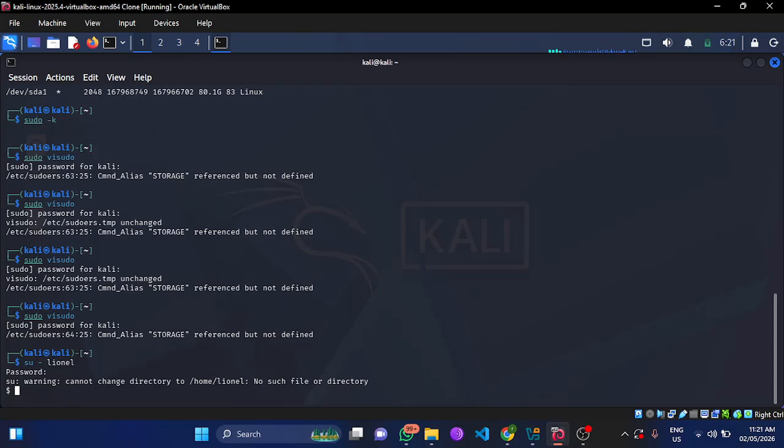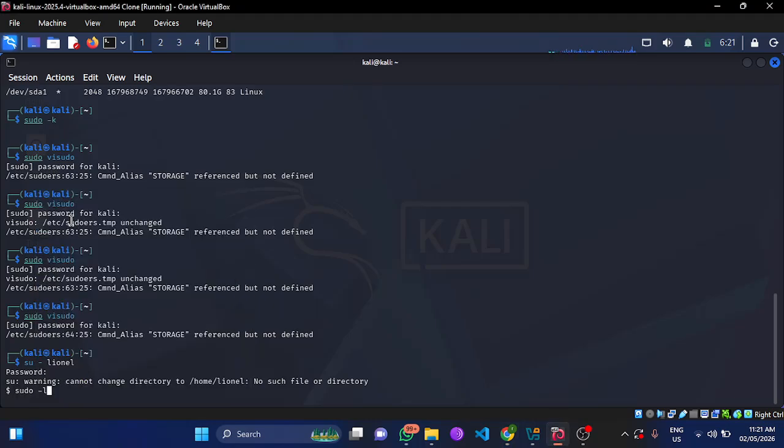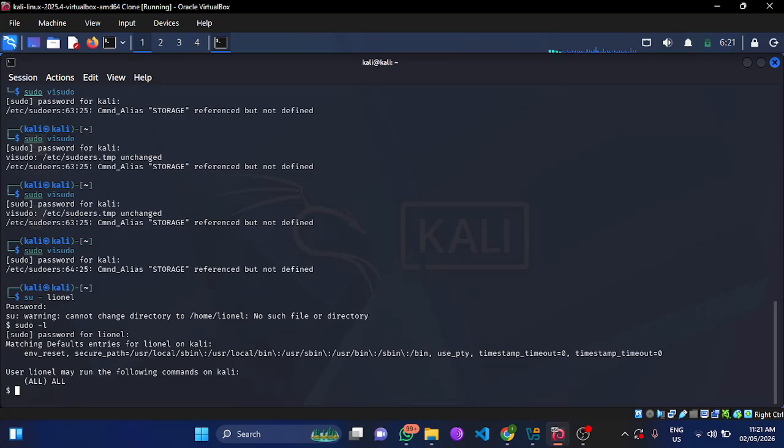Now we are going to view our privileges in Lionel's account. So we're going to use the command sudo -l. Now we realize that we need to access using the root privileges. Now you see this is the privilege that Lionel has. Lionel has all privileges to the system, and the timeout